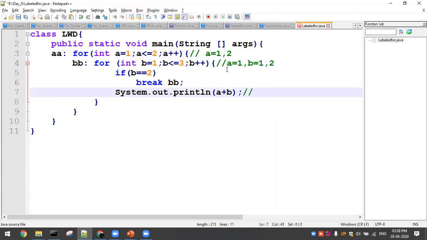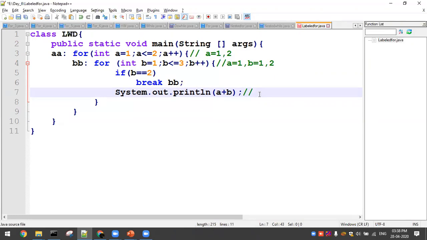Now listen carefully, what would be the value here. So a equal to 1, condition true, then we'll go with b equal to 1. b equal to 1, condition true, b less than 3, okay. Getting inside here, b equal to 2, what will happen? No, fail.